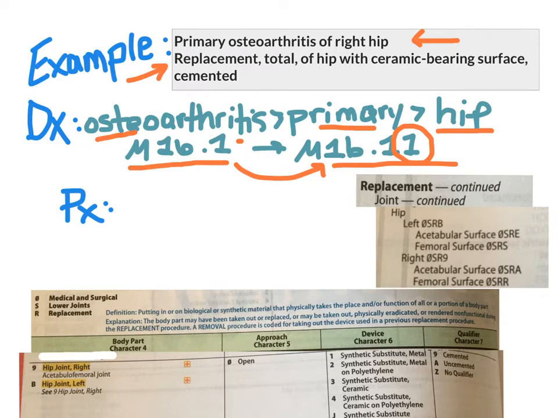Now, we mentioned earlier that it's important to look for those laterality characters. So make sure that's on your radar screen. Now, moving on to the procedure, we start with our main term of replacement, subterm joint, and we are replacing the right hip, right, and it says it's a total. So remember, we stay here,